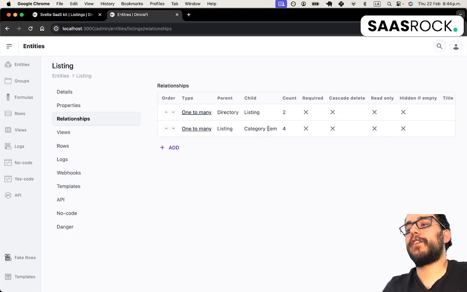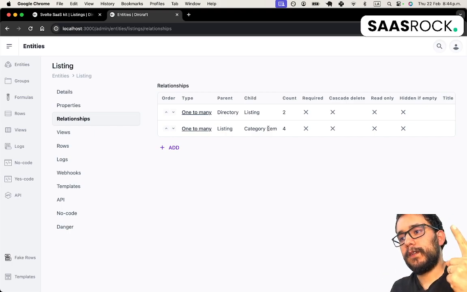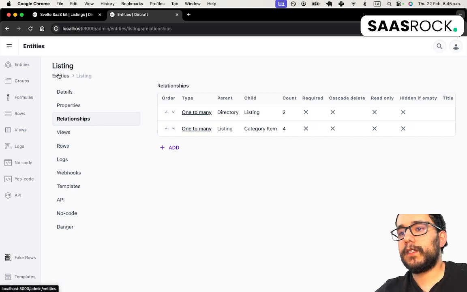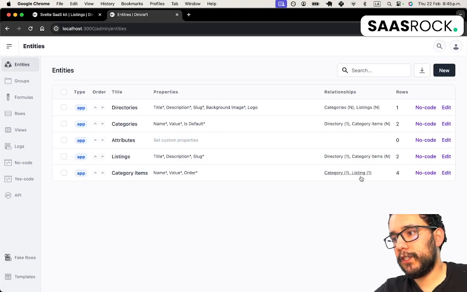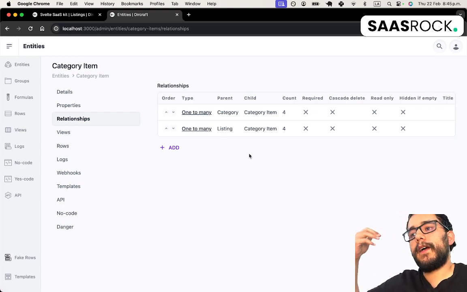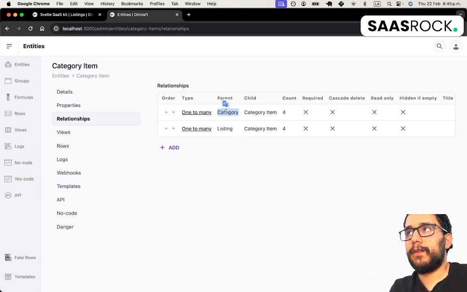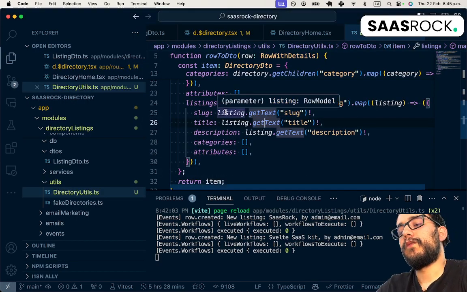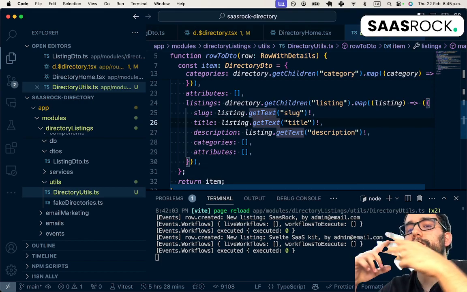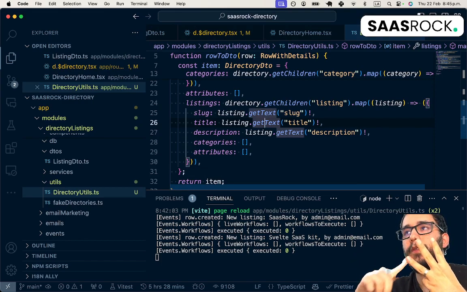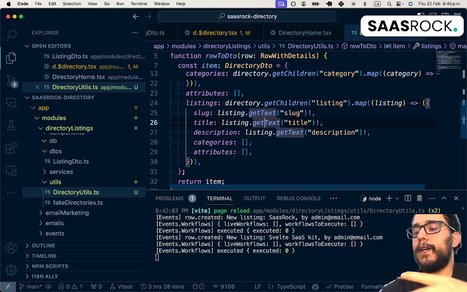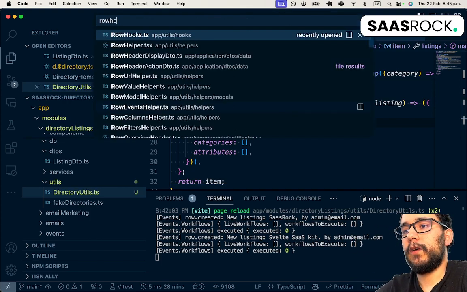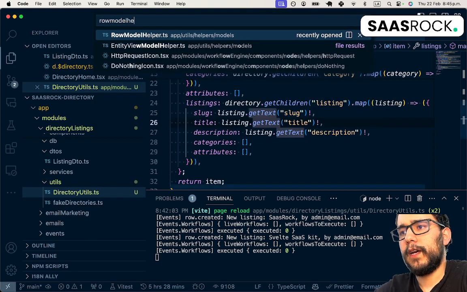We're talking about directory as level 1, listing as level 2, category item as level 3, and from level 3 we need to go back a level and access the category value. By default, the rows implementation doesn't go deeper than 3 levels, and the third level doesn't go 1 level upper. But for this example, I can go to my row model helper,